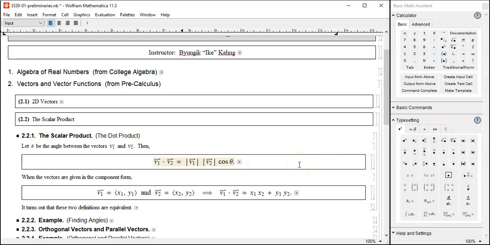Here's a definition. V1 dot V2 is equal to magnitude of V1 times magnitude of V2 times the angle cosine of theta. Interestingly, we have another alternative form. Simply multiply the x coordinate, y coordinate, and add them up together. As a matter of fact,